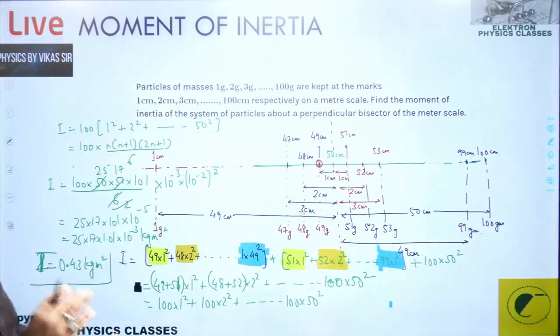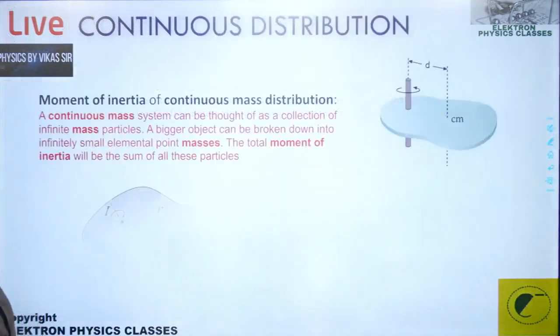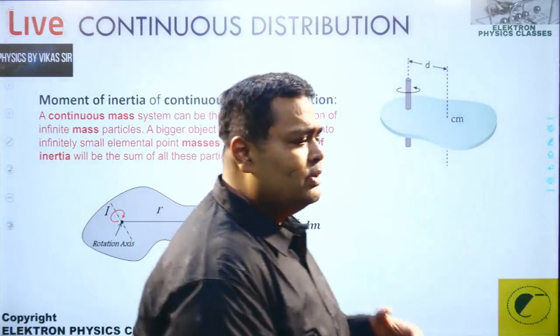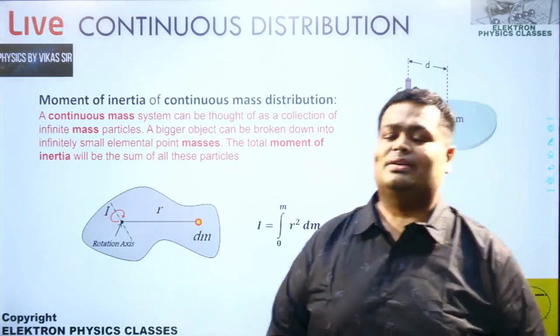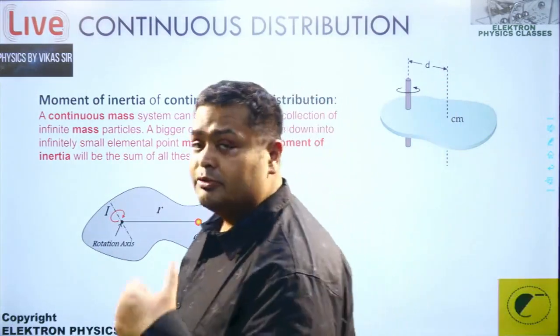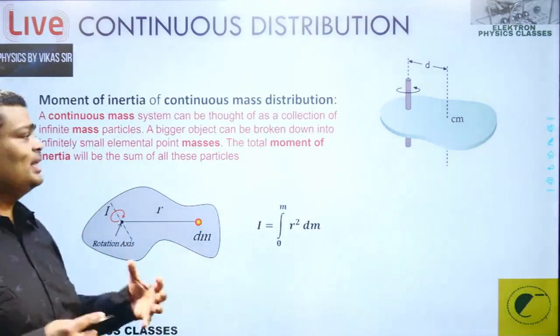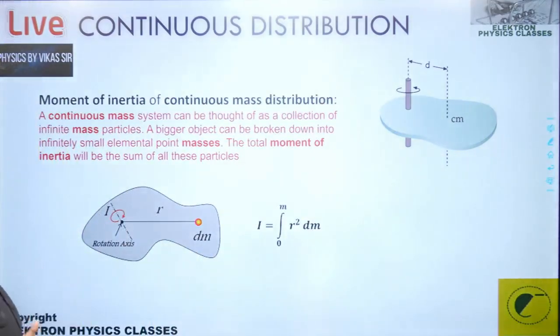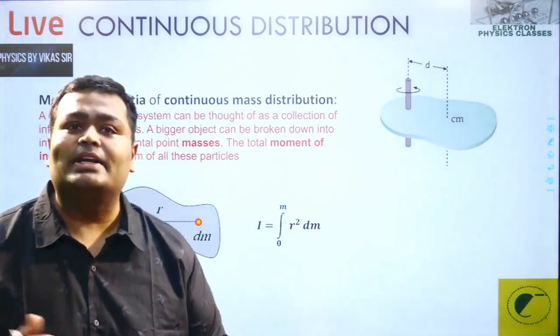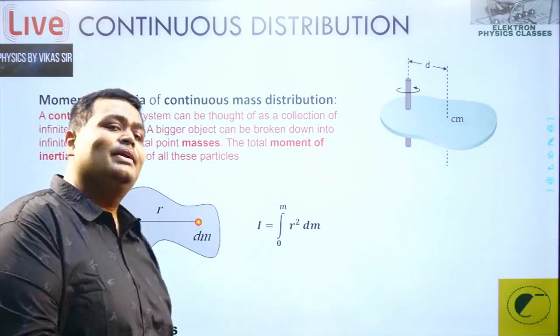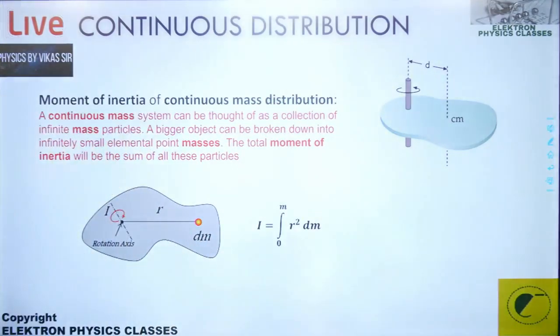We had enough of the discrete distribution, and now we should venture into the continuous distribution, where we have the objects with us. The sphere, the ring, the cylinder, and the shapes which we are fascinated with once again are going to come into our light. Recently we talked about these in the center of mass, and now once again in the moment of inertia. So continuous mass distribution.